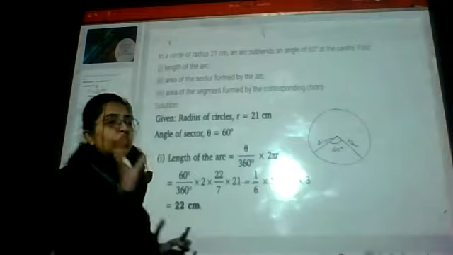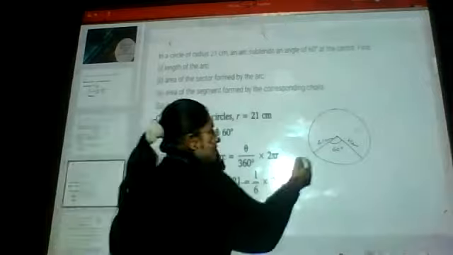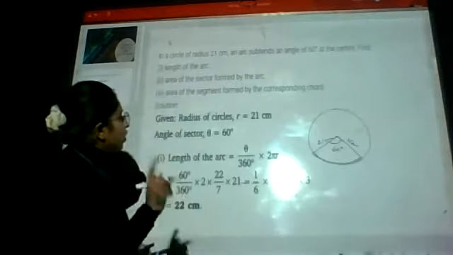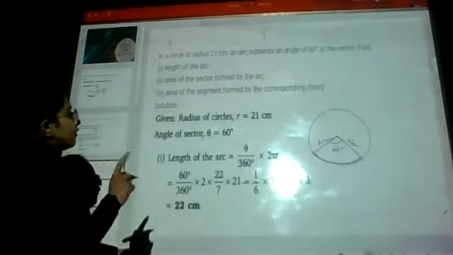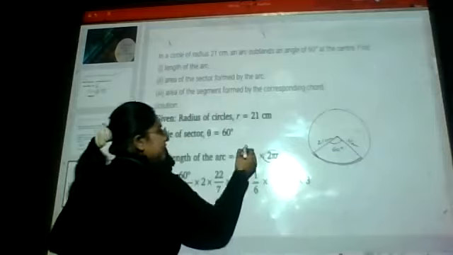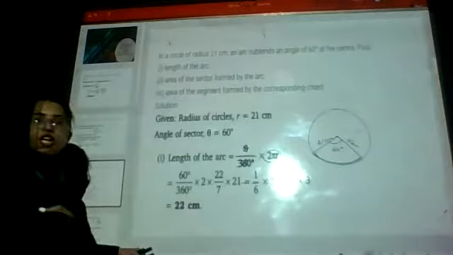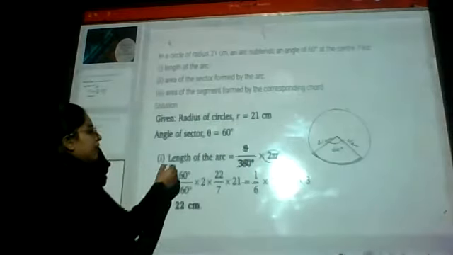And students, you must know one more formula, the length of arc. Arc is this only. This portion we can call it arc. And this portion is on the circumference of the circle. What's the circumference of the circle? 2 pi r. So if the circumference of the circle is 2 pi r, the length of this arc would be theta by 360 times 2 pi r, because this arc is covering this angle theta, right? So theta by 360 times 2 pi r would be the length of arc.